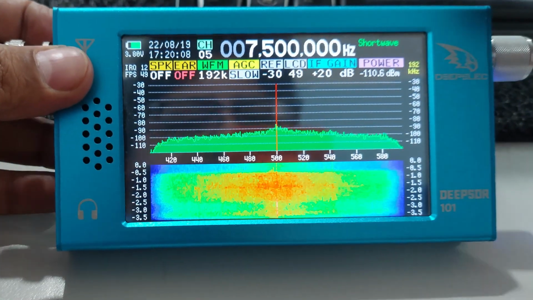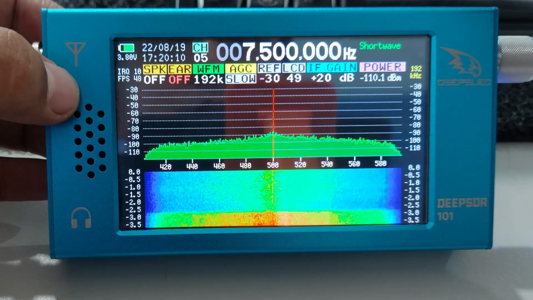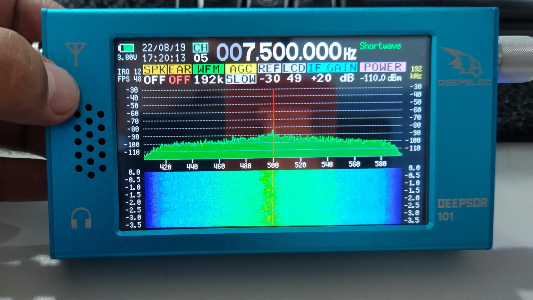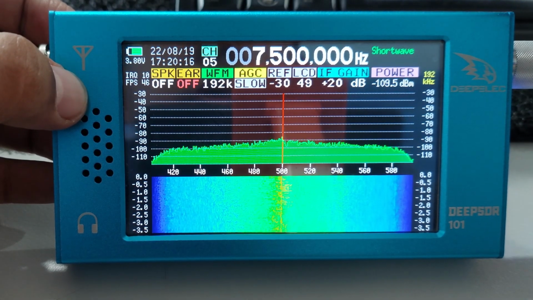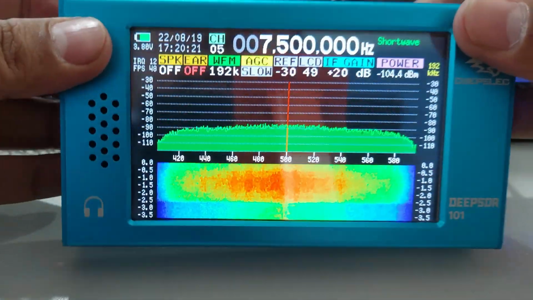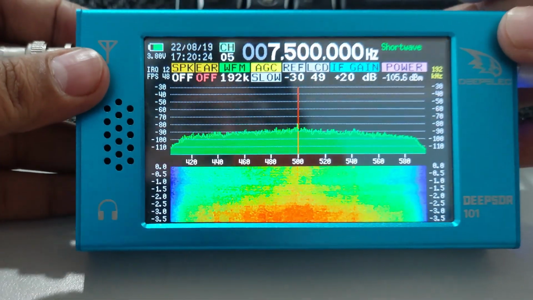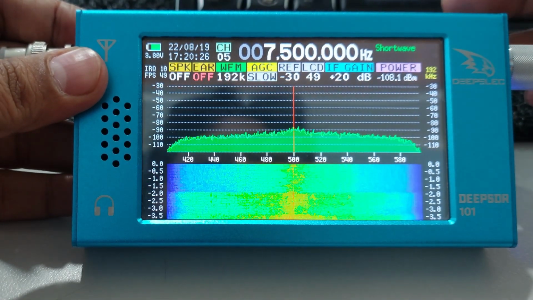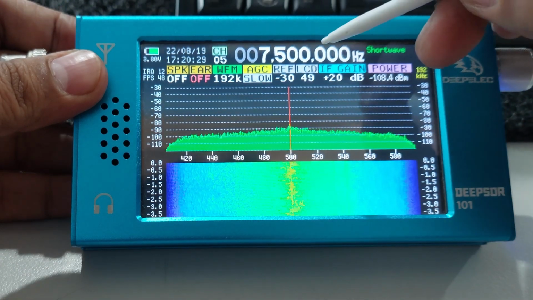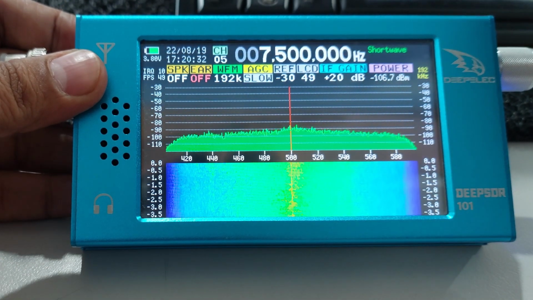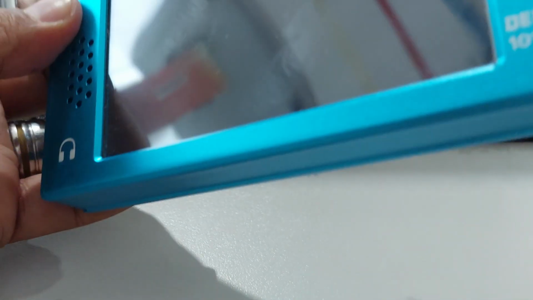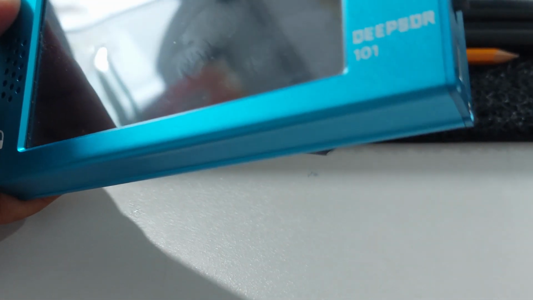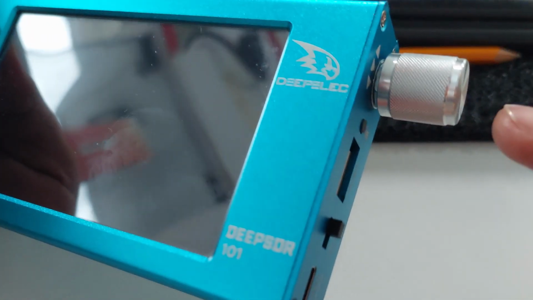And you can connect DeepSDR 101 to the computer by simply attaching the data cable to the computer and to the USB charging port, and then just wait for the computer to install its drivers. And then after that, if you want to access and save the frequency, you can do this while the data cable is attached to the computer after installing the driver. So simply press this button, press the encoder,